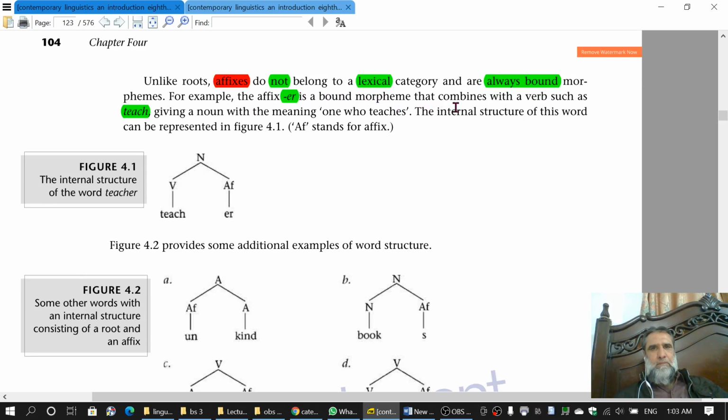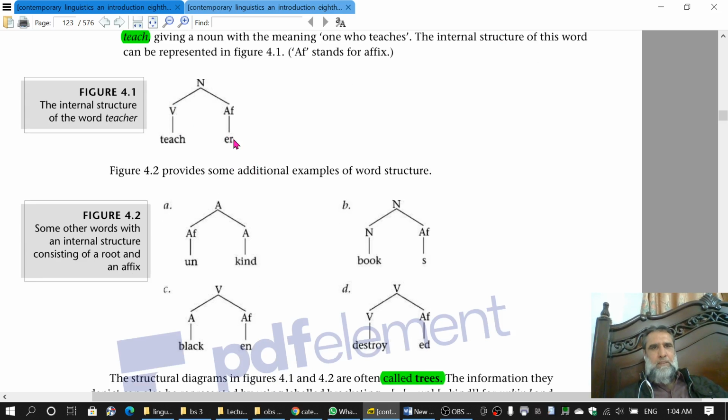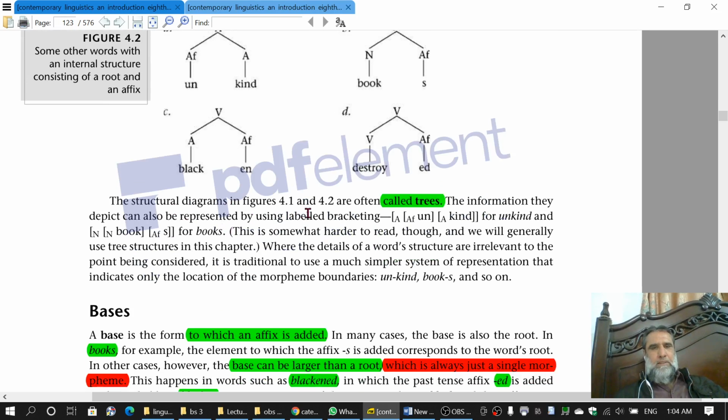is a bound morpheme, ये बाउंड है, that combines with a verb such as teach के साथ मिलता है, giving a noun with the meaning one who teaches, और मीनिंग हमें देता है वो जो टीच करता है. The internal structure of this word can be represented in figure 4.1, इस फिगर में आप देखिए तो हमने इसको रिप्रेजेंट किया हुआ है, टीच वर्ब है, er affix है, मिलकर टीचर ये नाउन है, और इसी तरीके से ये हमने डिस्कस किया. The structural diagrams in figure 4.1 are often called trees,